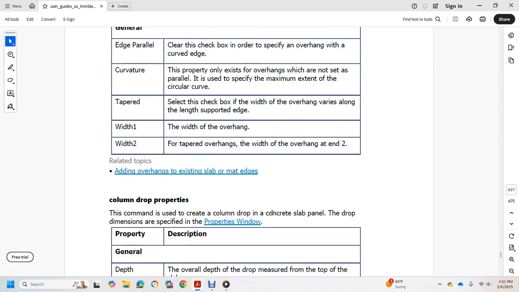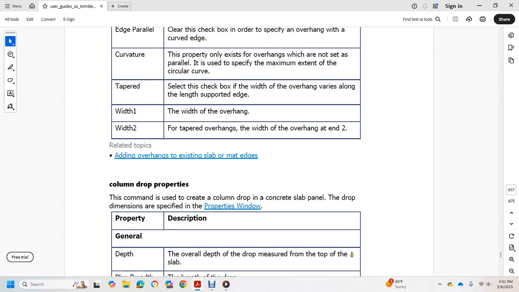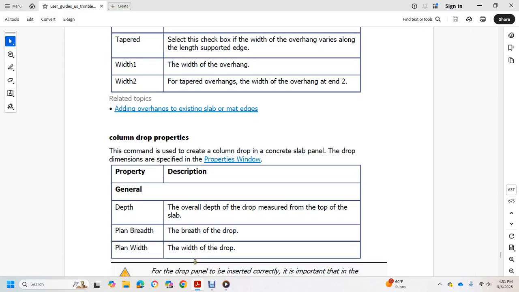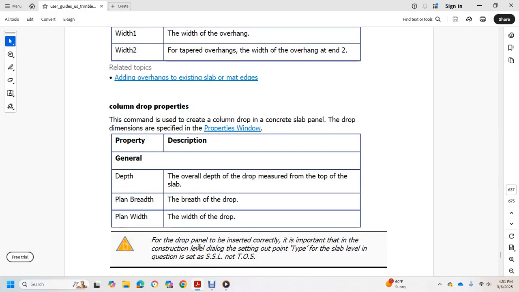Column drop property. Use the command view to create the column drop to the concrete slab panel with the dimensions specified in the property windows. Property depth: the overall depth of the drop measured from the top of the slab. Plane breadth: the breadth of the drop, the width of the drop. For the drop panel to be inserted correctly, it is important to set the construction level of the slab, with the type of the slab level,